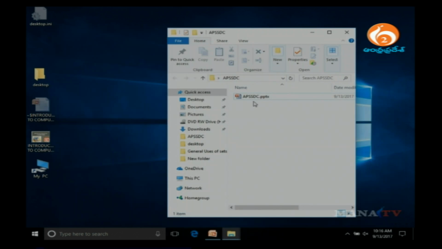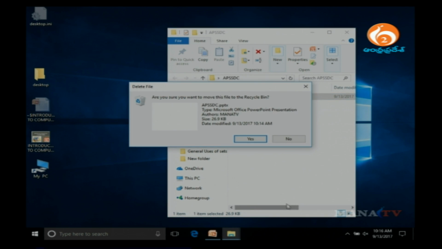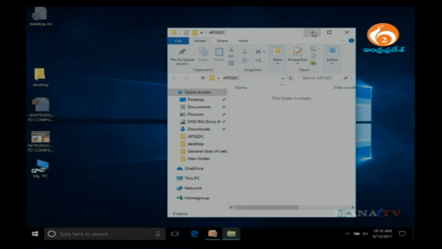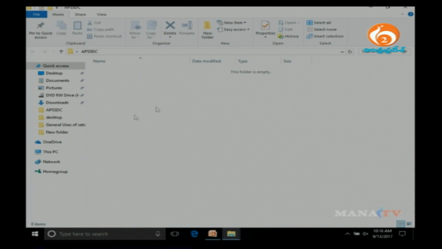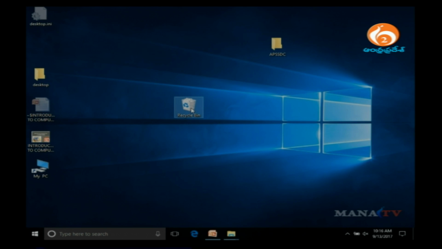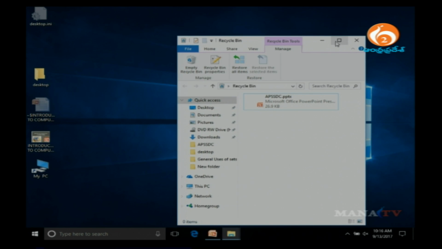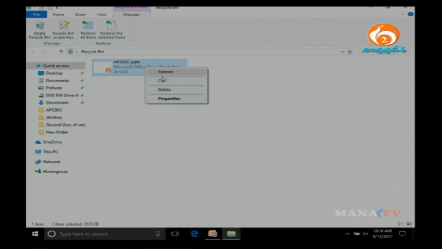Now again I'll delete this, delete, yes. Once it has been deleted, can you find anything here? No, you can't find anything. So where can you find it? You can find it in the recycle bin. Once I have opened the recycle bin, again I'll click, there is restore, which we have already seen. Cut is where I can paste it anywhere. For example, if you do the restore, it will go to the APSSDC folder, but you don't want this PPT to be there, or you want to just see it anywhere. So what you can do is cut,